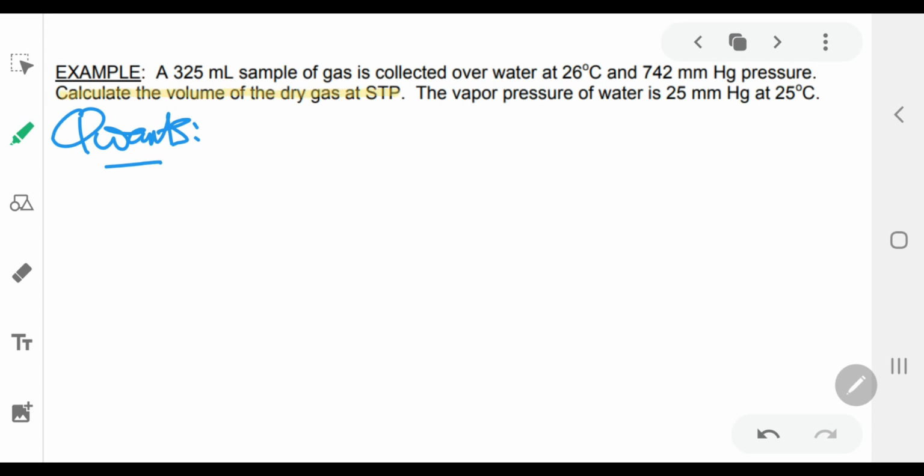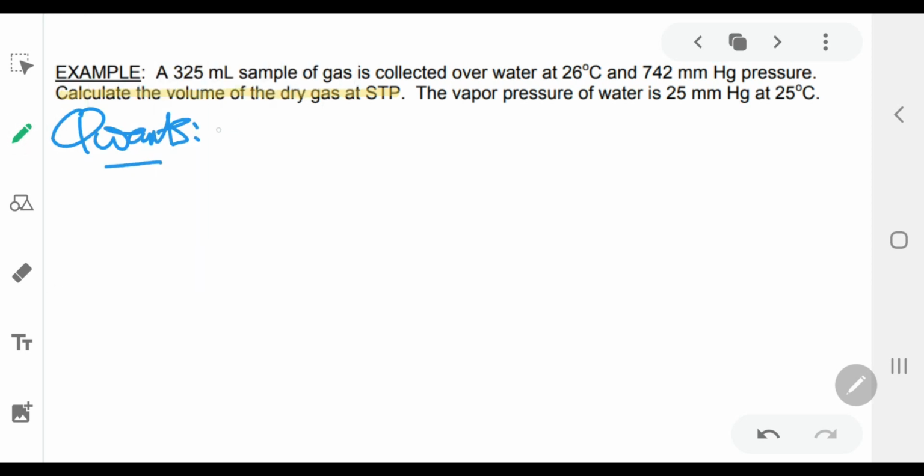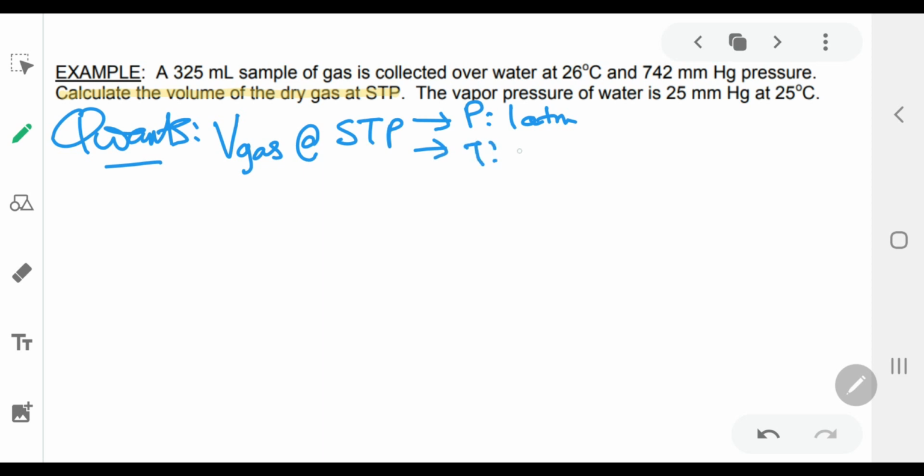What is the volume of the dry gas at STP? So we need to find the volume of the gas at standard temperature and pressure. Okay, so at standard temperature and pressure, the pressure would be 1 atm and the temperature would be